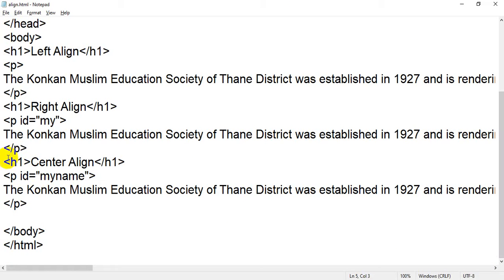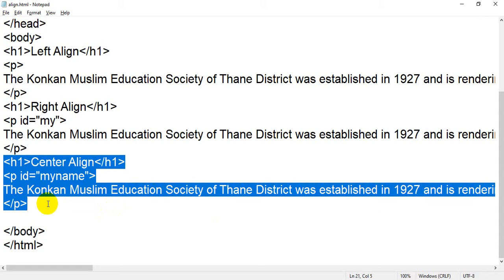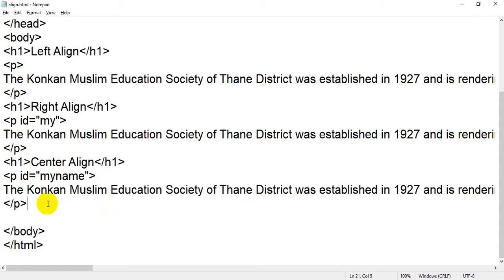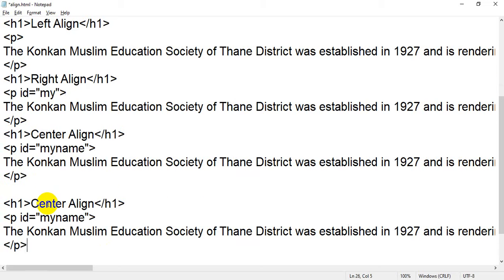I want to copy the whole content, this one. Control C I have pressed, and just below that I am going to paste.